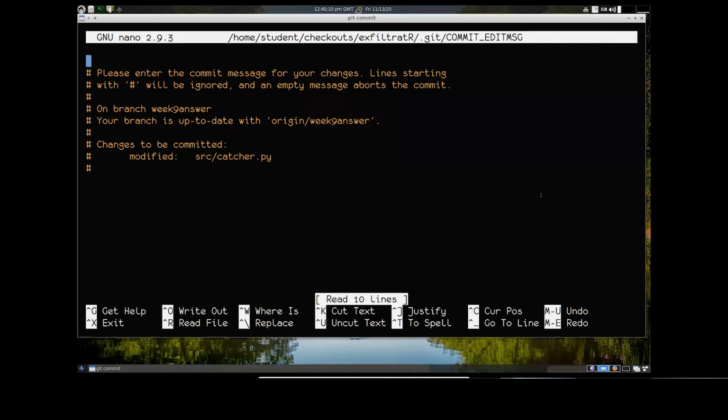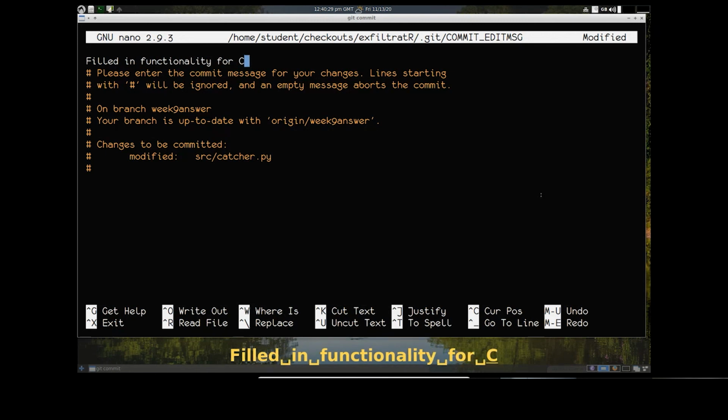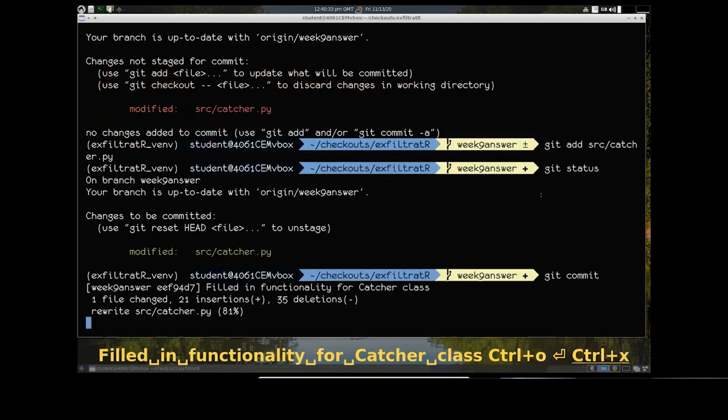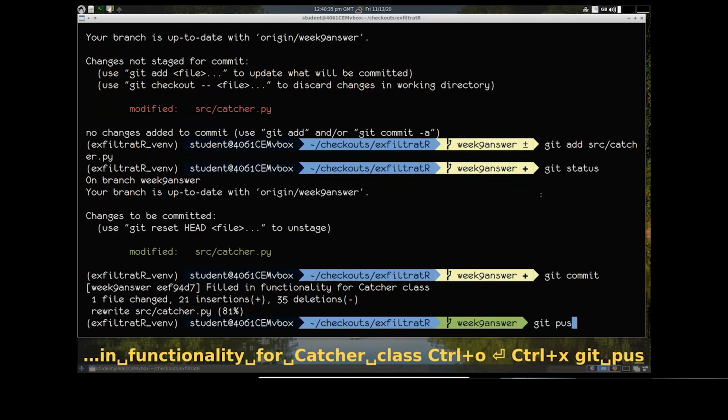I tend not to do that just because it risks suddenly jumping into Vi, because that's quite often set as a default editor, and then I can't get out again. But on here, I know it's going to go to Nano, so I don't mind. So I'll put in a commit message, which will be put in personality for catcher class, save it, quit. There it is, and git push